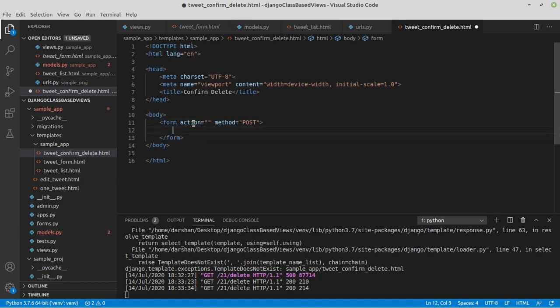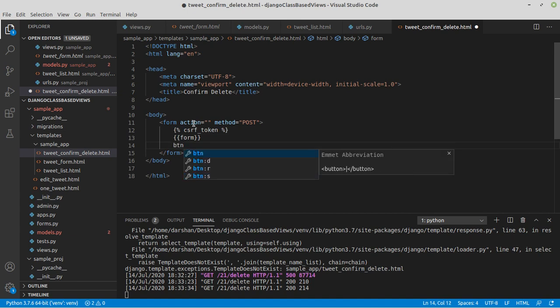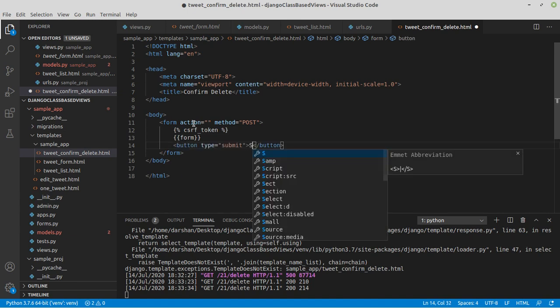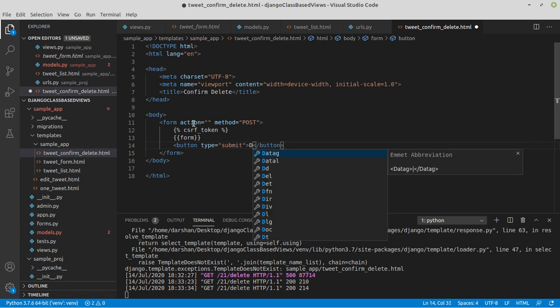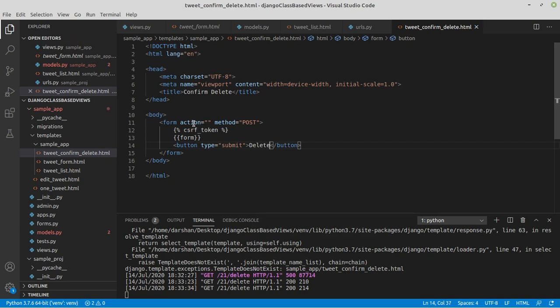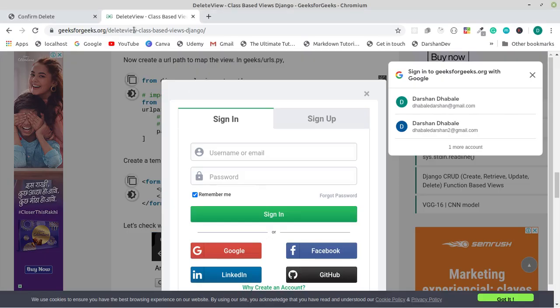We will add our CSRF token and a submit button. And we have to also display the form over here, so let's display form. The form will be provided by our view, so we don't need to worry about that. Button submit, and our submit button should give us delete. We save it, and when we go over to here,